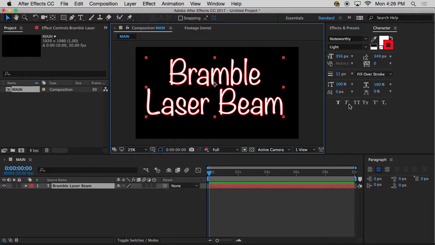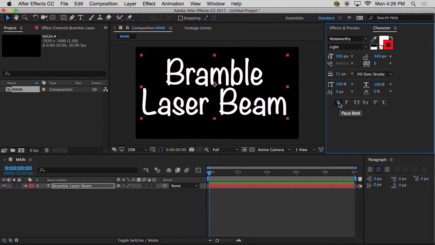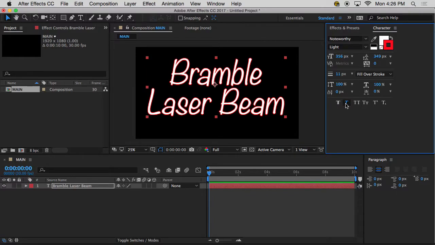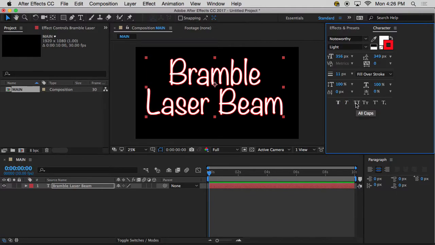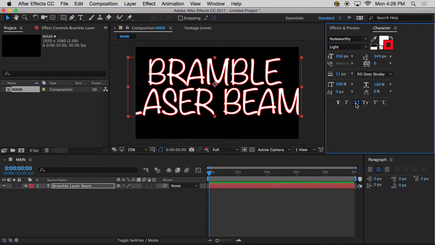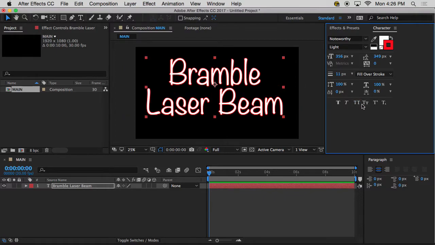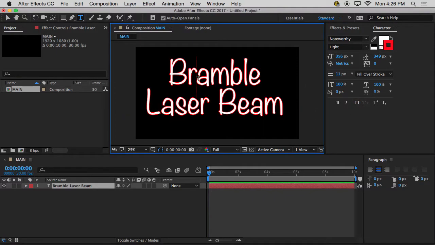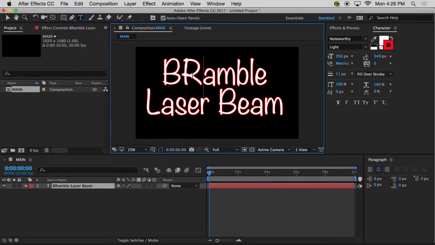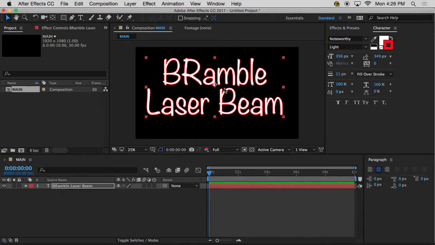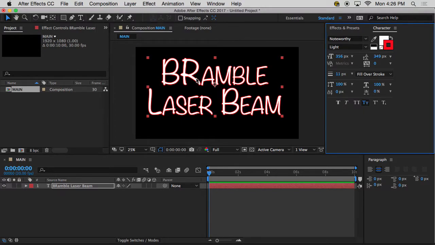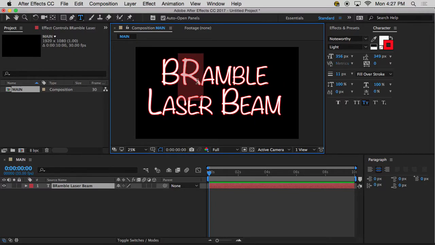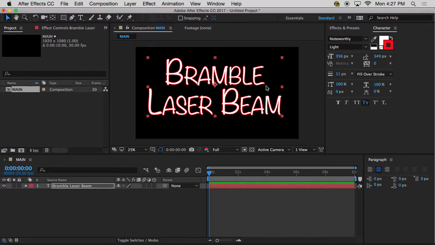And all these options here are pretty useful because you can bolden them artificially, italicize them artificially, caps everything. So if you wanted to have all caps without actually typing in all caps, you can. There's a button for that. And if you accidentally, I don't know how often I do this, I do it a ton, have your first letter capitalized and also your second letter capitalized, and then the rest is lowercase, it could fix that sort of, because what it does is it capitalizes everything and then makes the rest of it look lowercase. So it's kind of Looney Tunesy right now, but